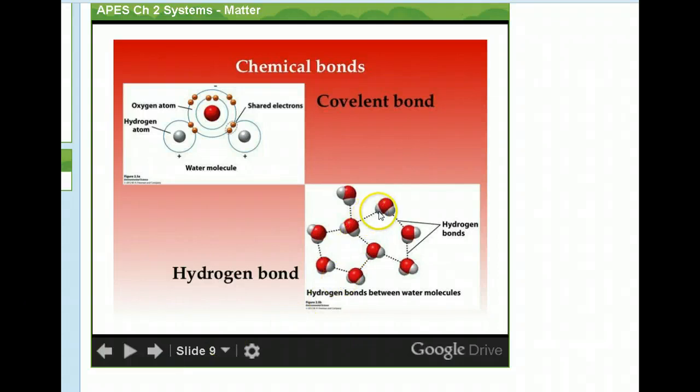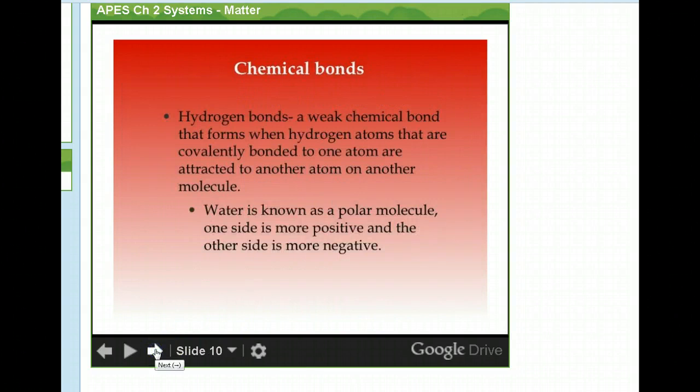They're not actually physically sharing electrons or anything like that. They're just happy to be together because one's positive, one's negative. So opposites are attracting there. One's partially negative and one's partially positive. So like we said, hydrogen bonds are a bond. They're very weak. They're not on the same strength as ionic or covalent, but they are very, very important.